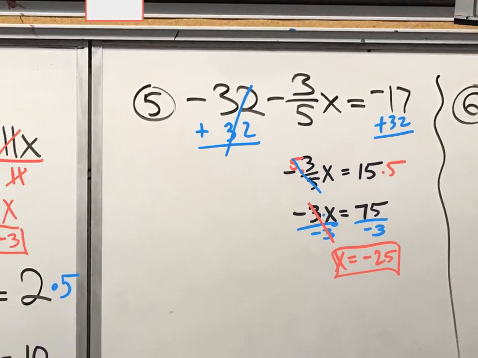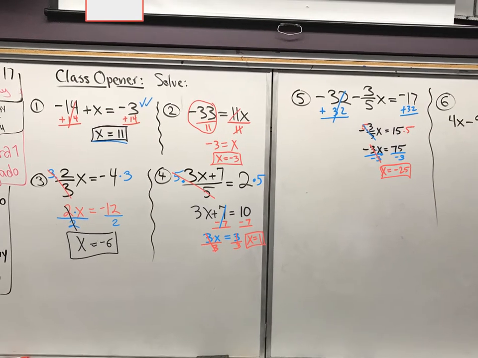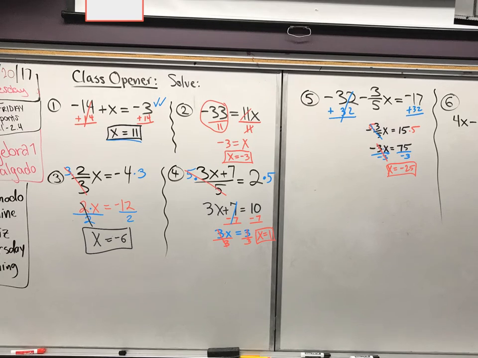Let me just take a moment here. Let's look at all these equations we've solved. Notice that none of them on the class opener so far have had variables on both sides. So on number 1, you had an x on the left side, but no x on the right. X is on the left side only, x is on the right side only, x is on the left side only, x is on the left side only of the equal sign. So none of them have had variables on both sides, which is the final section on Friday's test, which is